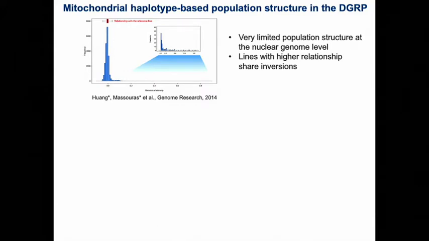And you can see that in terms of frequency, most of the pairwise relationships center around 0, which is somewhat similar to the reference line, indicating that they're truly independent. So there doesn't seem to be a high degree of population structure at the nuclear genome level. And the lines that define that a little bit typically share certain inversions, which explains why they might have a slightly higher